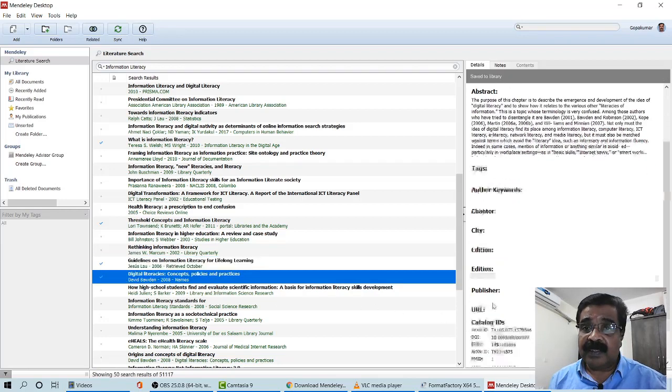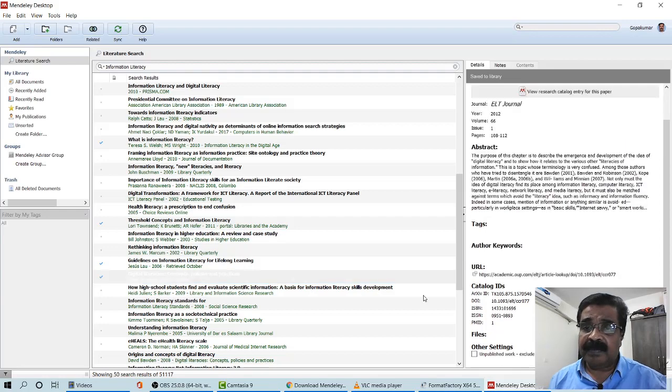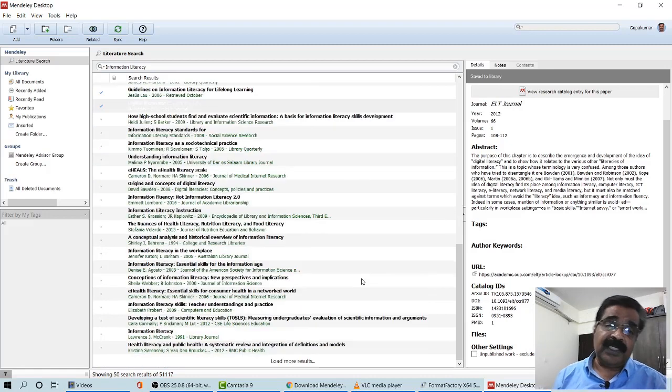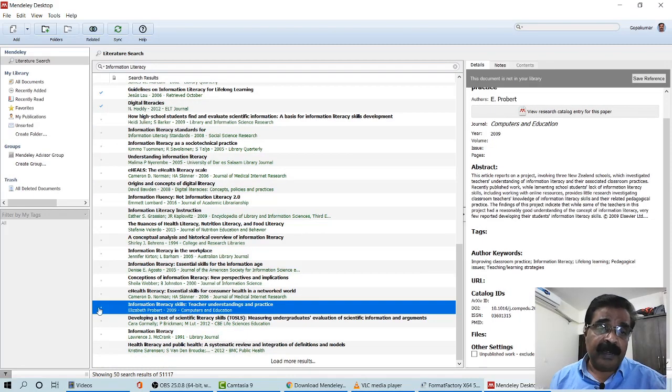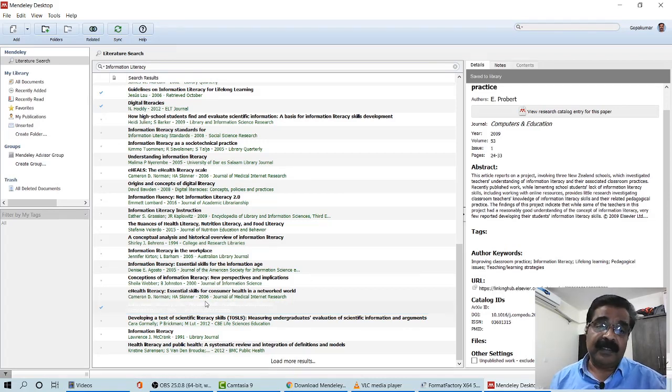Here also it is not there. Yeah, but the DOI is there. It gets updated. So this way you can continue searching for information about the availability of literature. A lot of things you can search like this. So it's a very good option to identify literature which is suitable for your research.